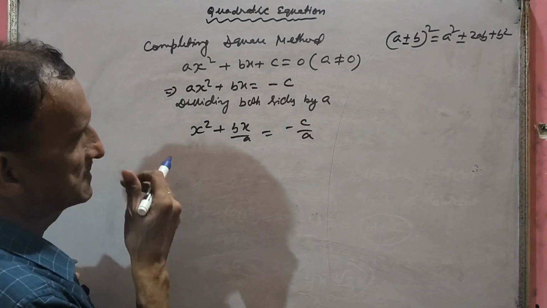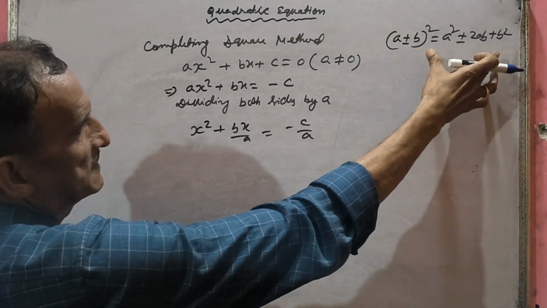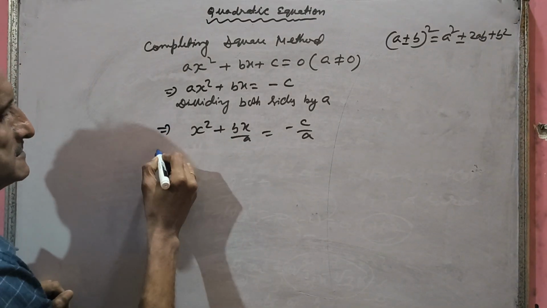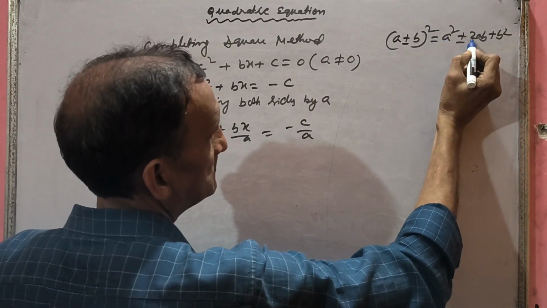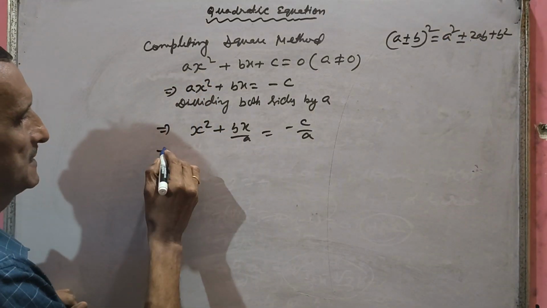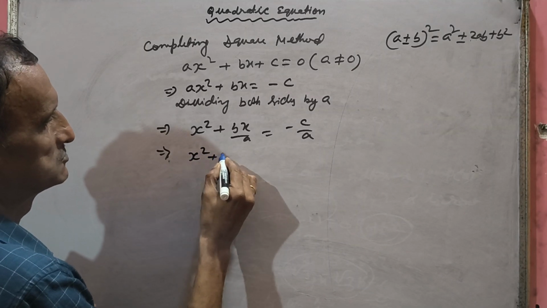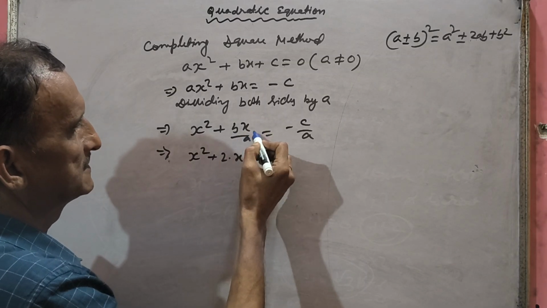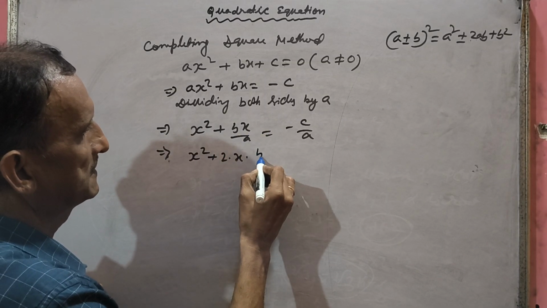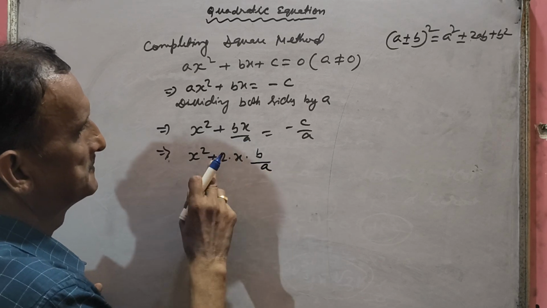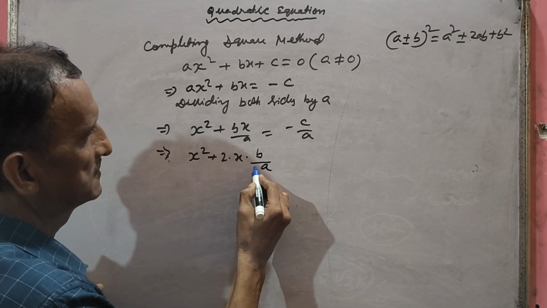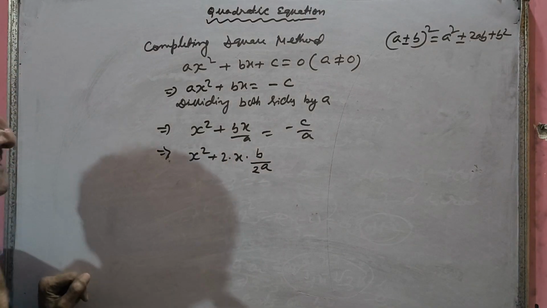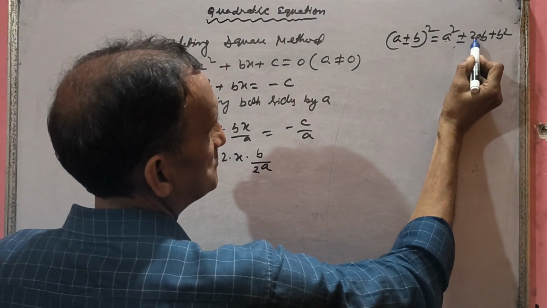Now your basic target is to express this in the form of a square plus twice ab plus b square. So if a square is here, what will we write? 2 into a. So if x square is here, we write 2 into x. But you can't write more or less than this. So what have I not written here? B. What have I not written here? A. But 2 is an extra multiplier. So write down here 2, then 2 will cancel. What will we get? Bx by a only.